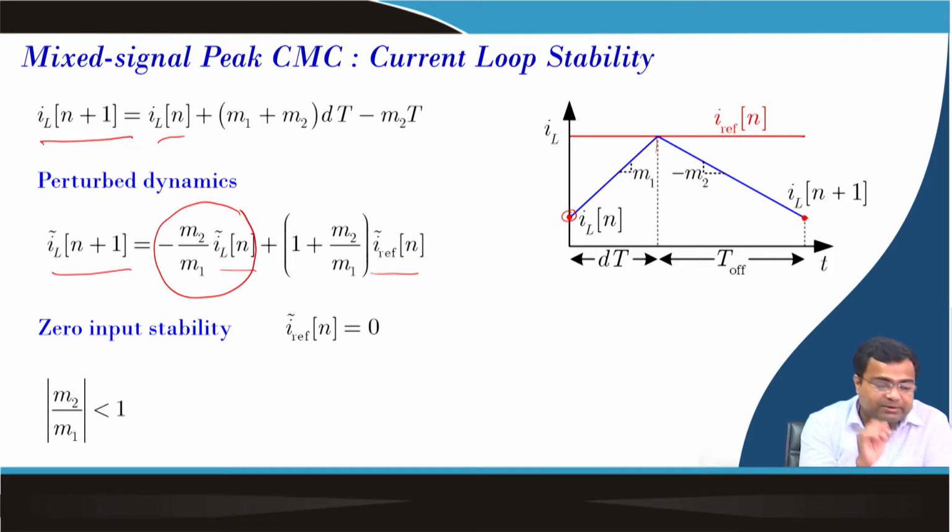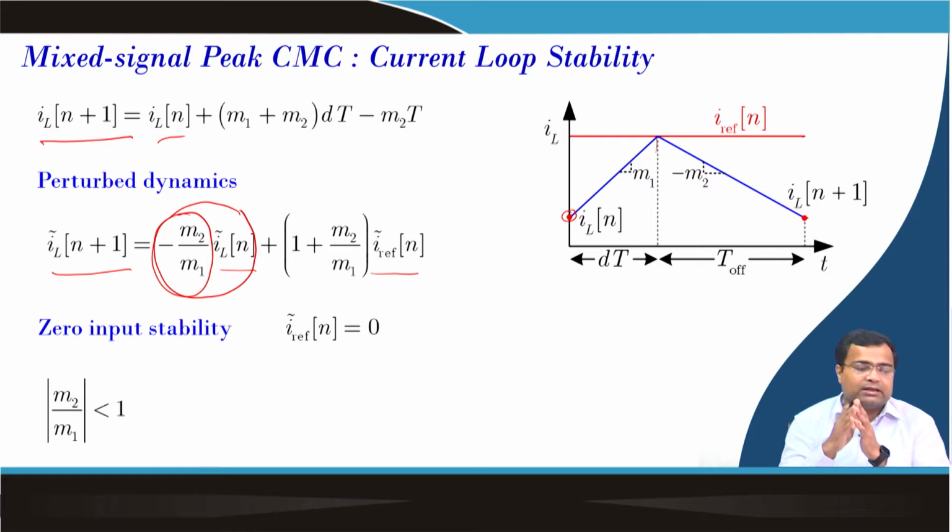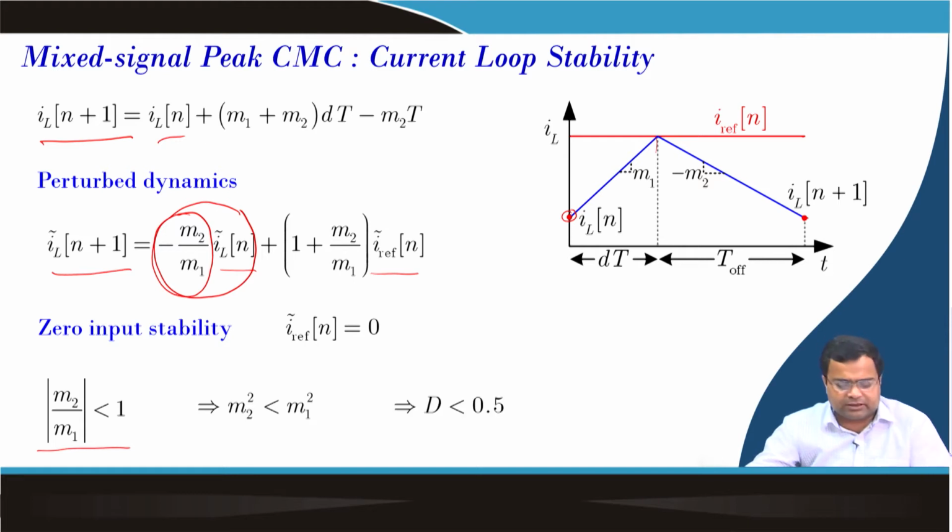In order to stabilize this, we know that the magnitude of this particular term must be smaller than unity, so that the eigenvalue is inside the unit circle, and this is exactly that eigenvalue. And if you further summarize, we know that for d less than 0.5 the current loop will be stable. But if we go beyond d greater than 0.5, then the current loop will be unstable, and we are going to consider